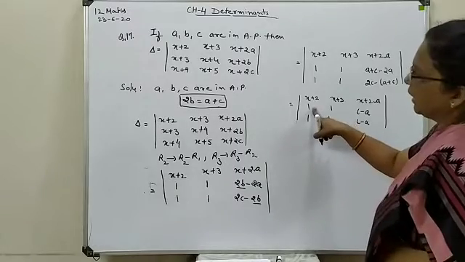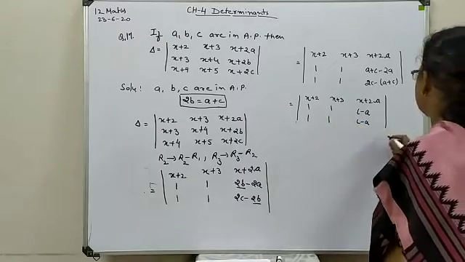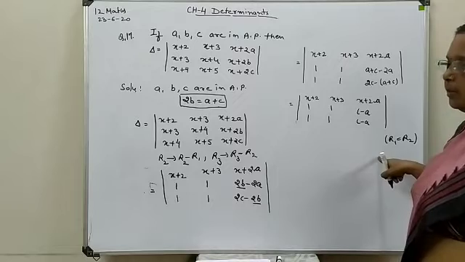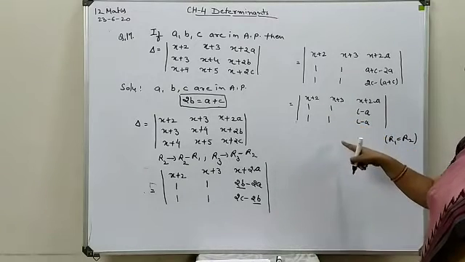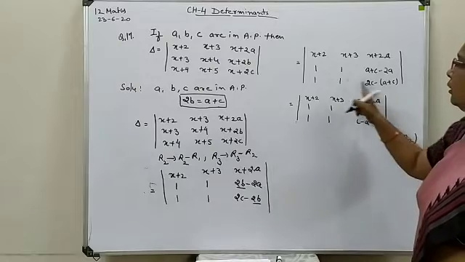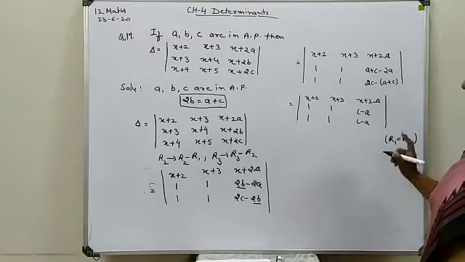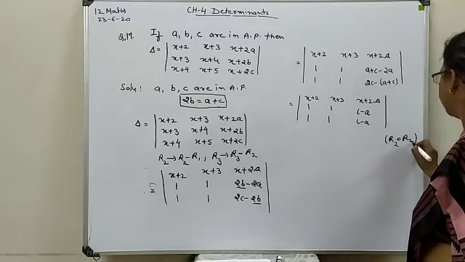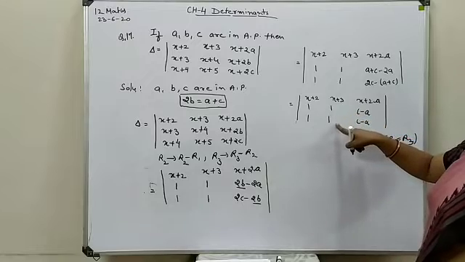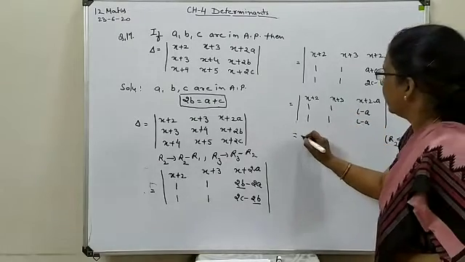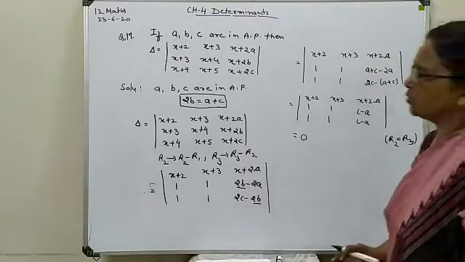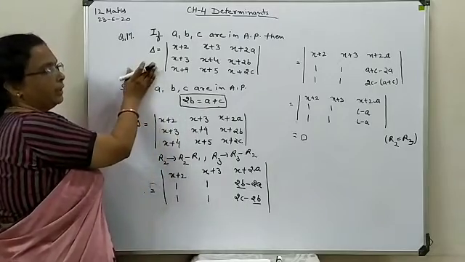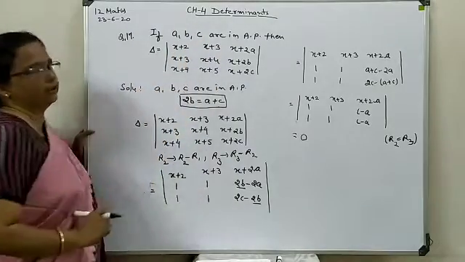Now here you can see this second row and third row are identical. So again by implementing the property of determinant value, in which if two rows or two columns are identical, your whole determinant turns to 0. So here we are getting the same thing with your second row and third row. This second row and third row having the same elements, that means this will turn to 0. So this way, if your a, b, c are in AP for a given determinant, this whole determinant value will turn to 0.